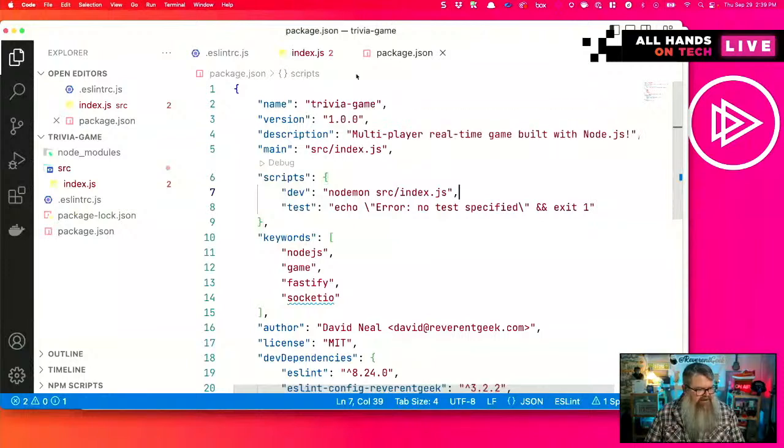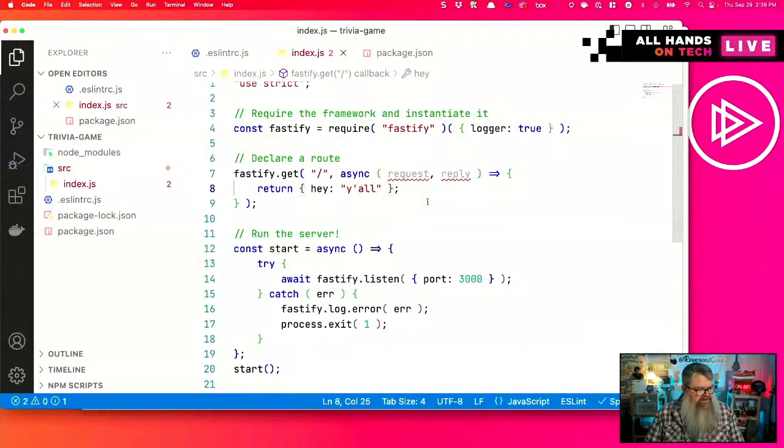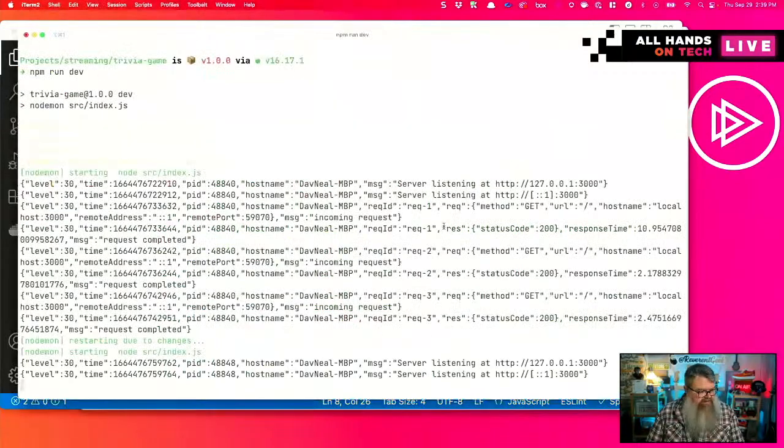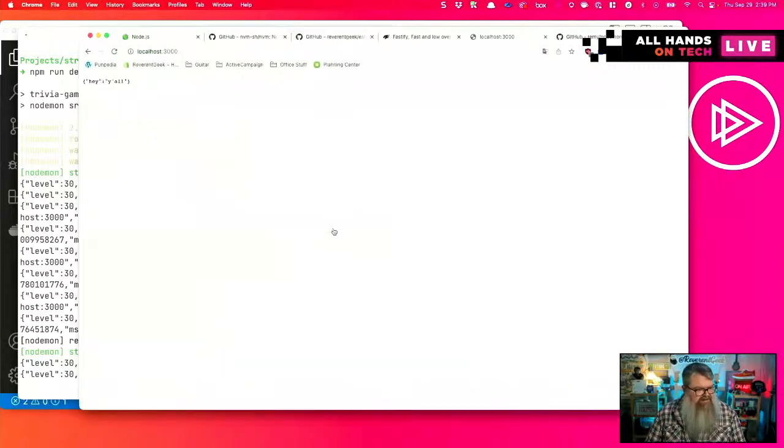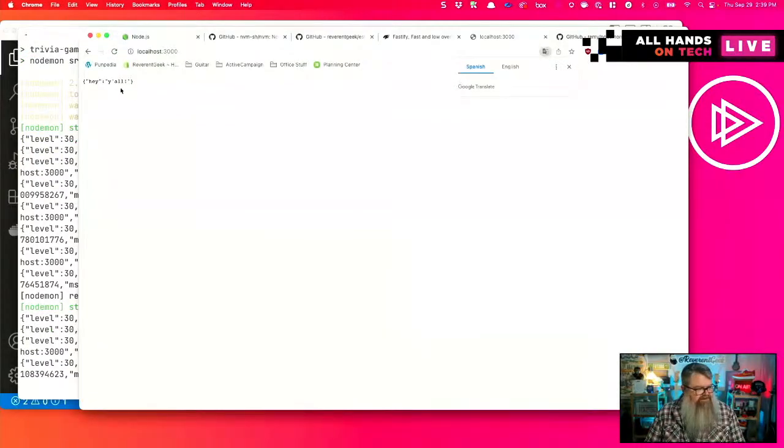And now, if I make a change to index.js, maybe add an exclamation point, we now see NodeMon restarting due to changes, starting node source index.js. And we come over here and refresh. We now see the exclamation point. So we didn't have to restart the server.